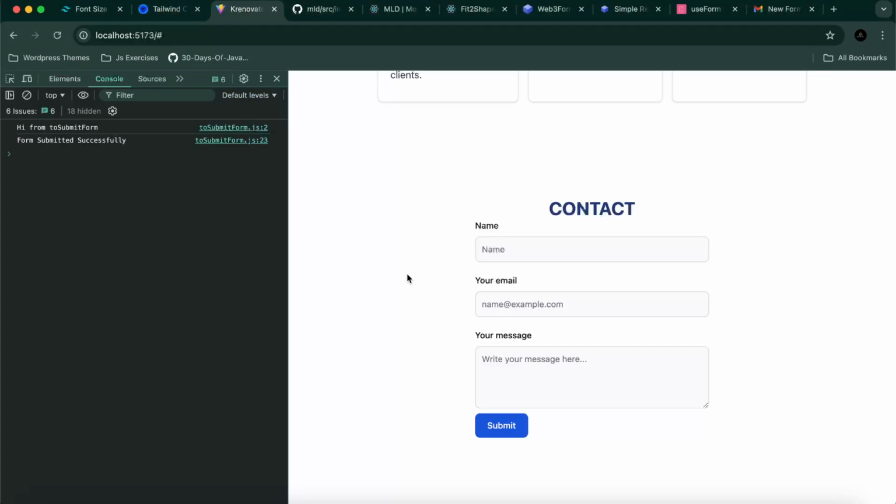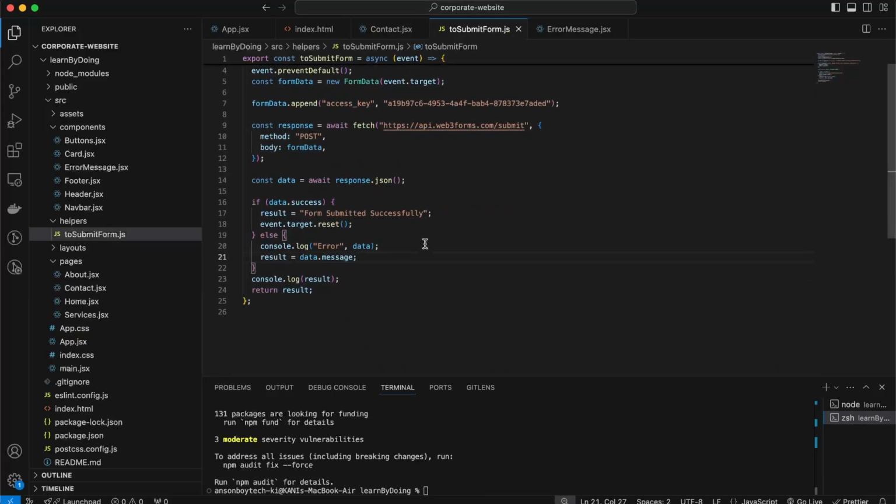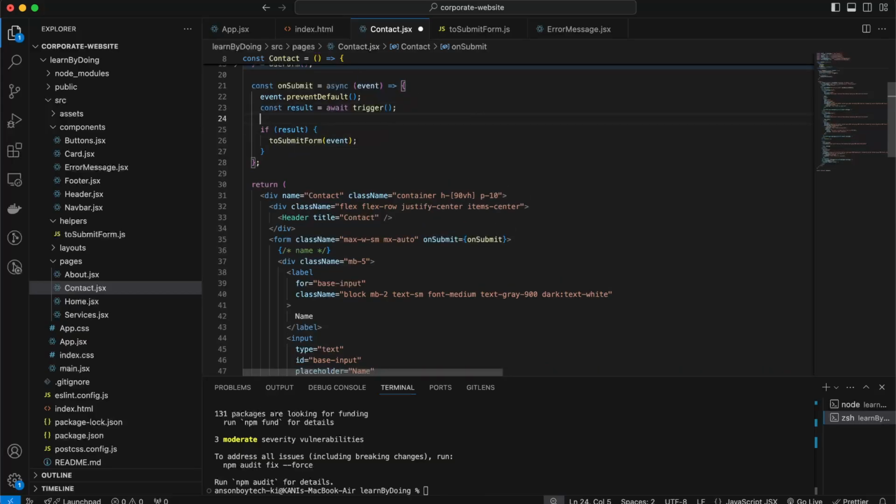Okay, any questions so far? Let me try again: hello, hi, then submitting, then submitted. Usually this is not a good user experience because we are not showing anything, like that it's submitting or it's done. So let's say what we can do is check whether the form submitted is successful or not. So we can have a let form